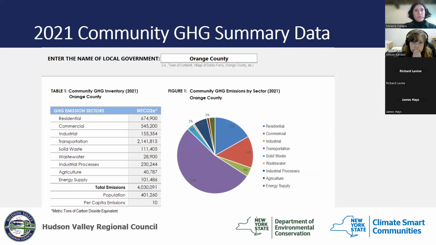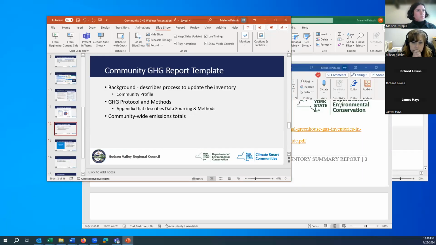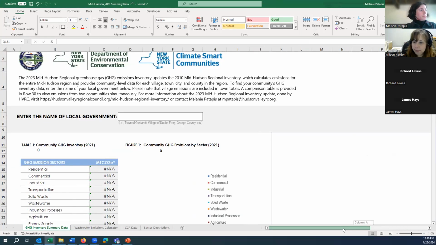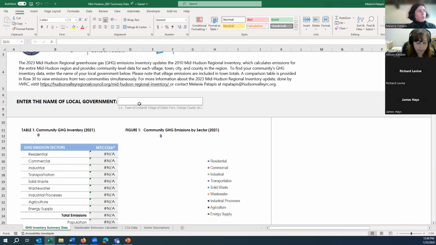So now I'll go through some of the tools that were created as part of this update. And first is the summary data spreadsheet that shows your community emissions data broken out by sector. This tool allows you to input the name of your municipality, and it'll generate summary tables and summary figures for you all to